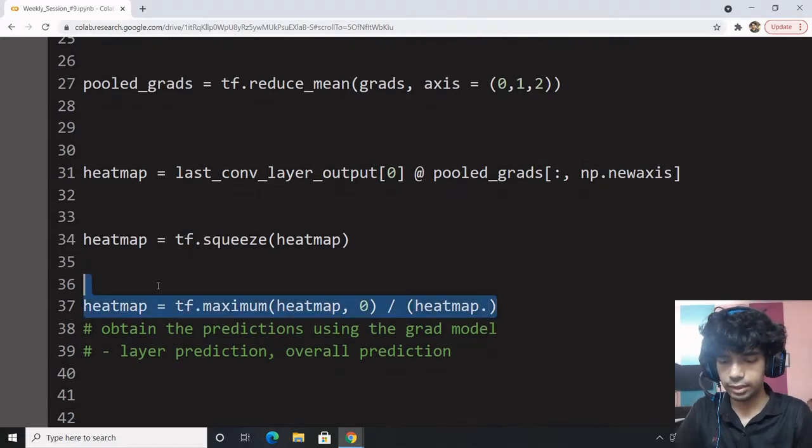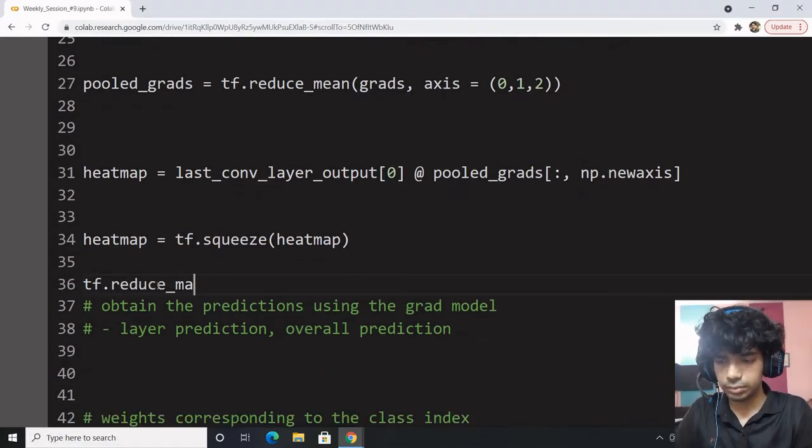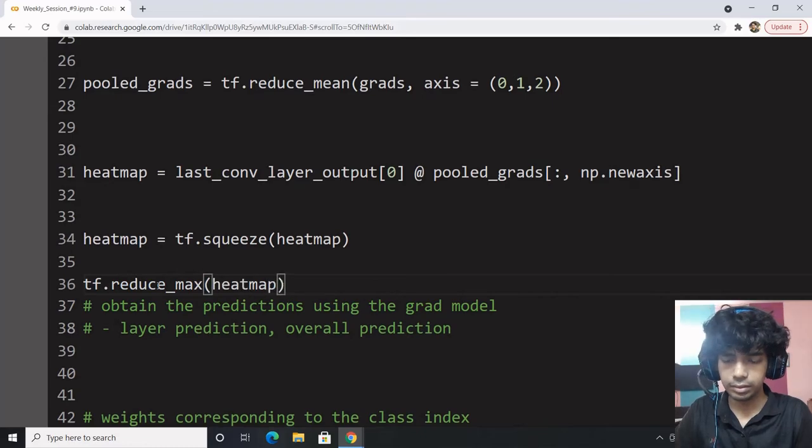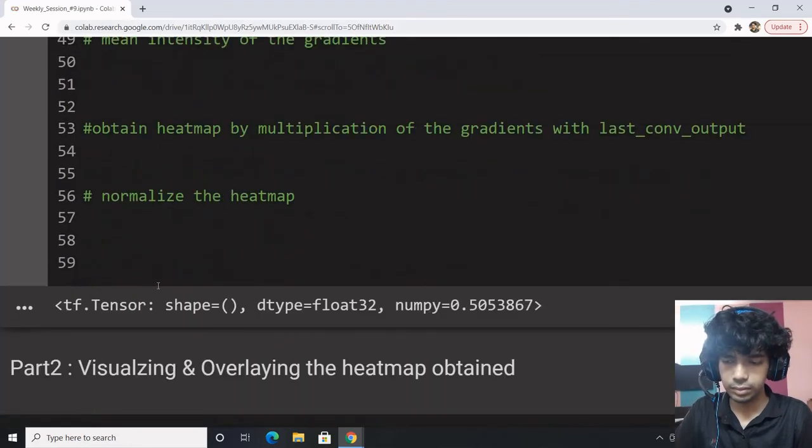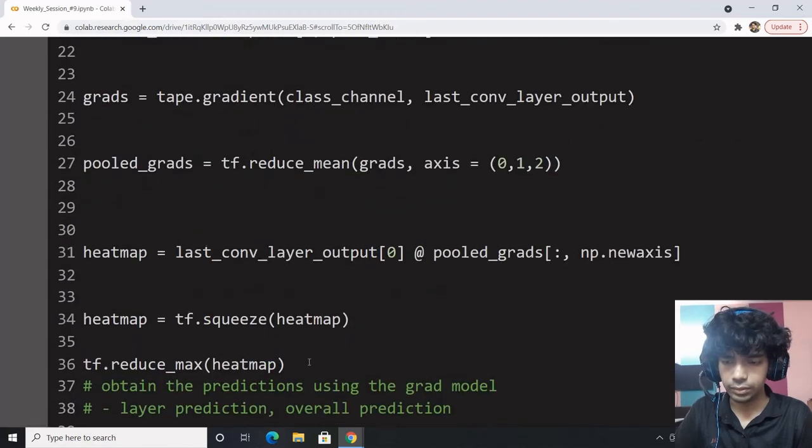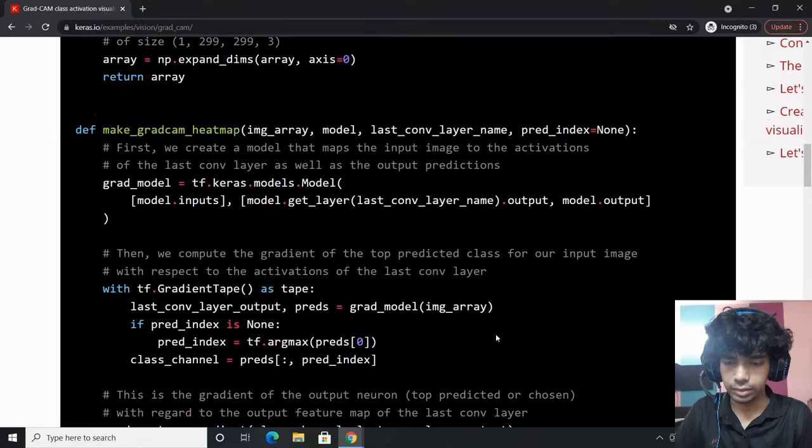So what does it have? tf dot reduce max heat map. So this is the max value. That is what you're about to divide with. I think that's what it is.